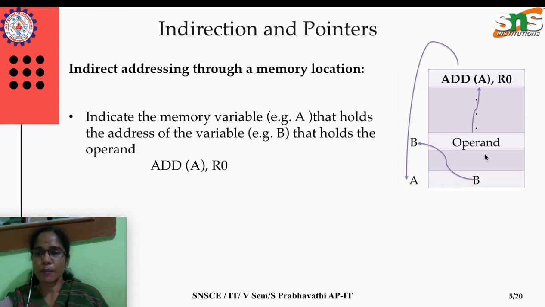whereas here we have to fetch the memory content twice. Okay, the time will be increased. First we need to go to the memory address here, and it gives the address of the operand, and again we need to go here to fetch the operand. So two times we need to visit to fetch the operand value, which is generally not preferred by today's modern day computers.